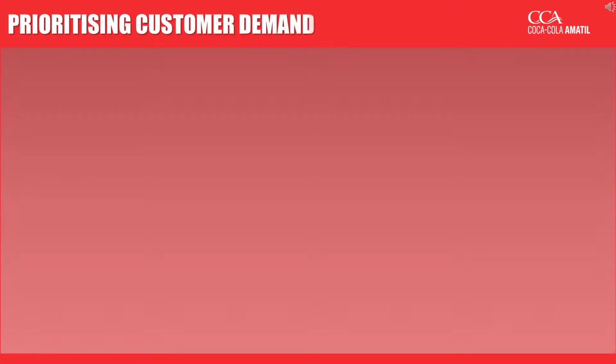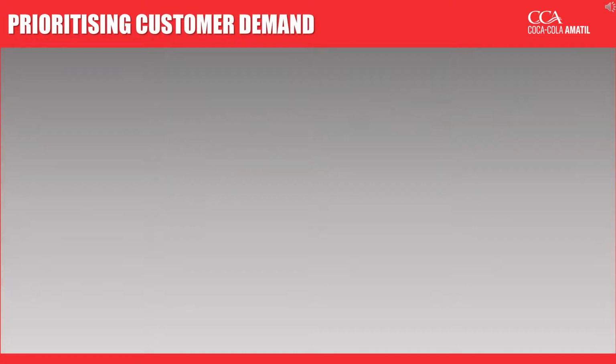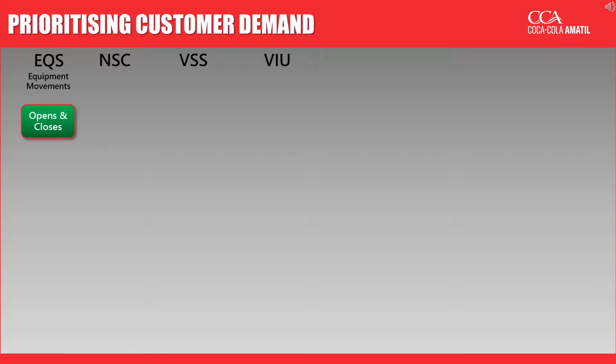Customer demand refers to any equipment deemed ready or requiring a visit by a vending contractor. This demand is generated from a variety of sources, such as equipment services, the National Sales Centre, vending system solutions, and the vending interrogation unit inside the machines. EQS systems generate demand for any equipment movements. These include opens, closes, and relocation. These are classified as Priority 1 demand, meaning they must be scheduled for a visit, as supporting functions will be